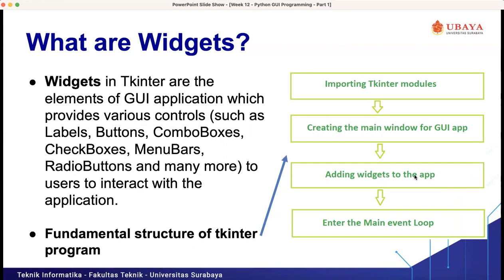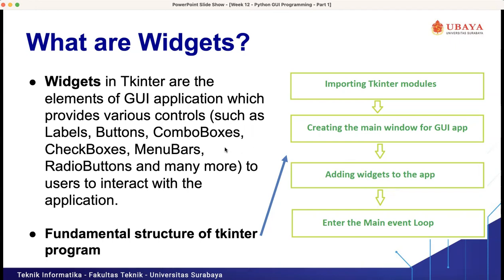One of the differences between Python's tkinter module and the Java programming language, or maybe you have tried NetBeans or Visual Studio and so on, is that in tkinter we cannot add widgets by dragging and dropping them into our main window.